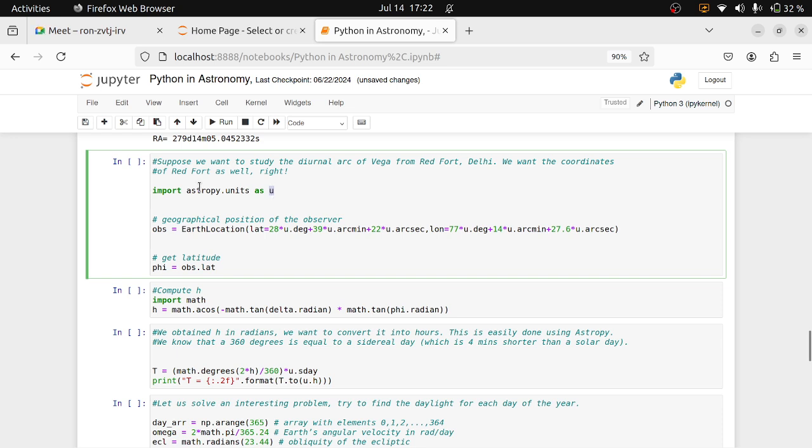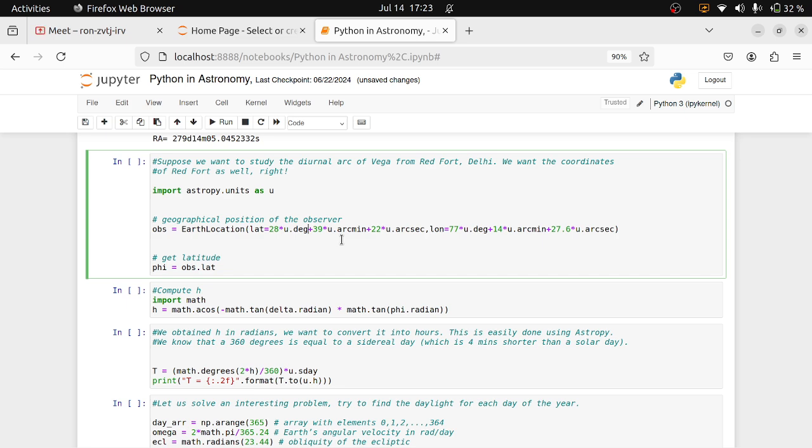So you import astropy.units. It is a module which assigns units. Okay, it has a list of all the units. And if you want to give units, for example, I want it to be 28 degrees. So I multiply it by u.deg. U is a program in which there is another program deg, which stands for degrees. Okay. So this you can Google. This is the location of Rohini, 28 degree, 39 minute, 22